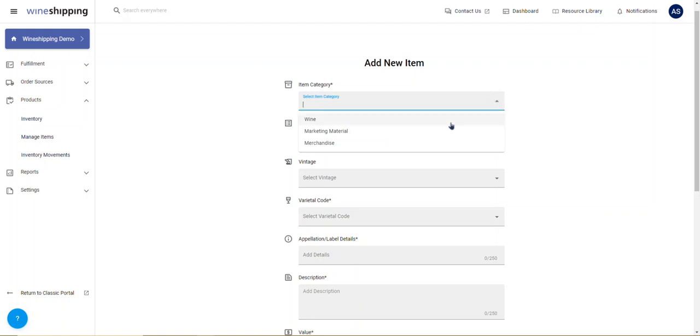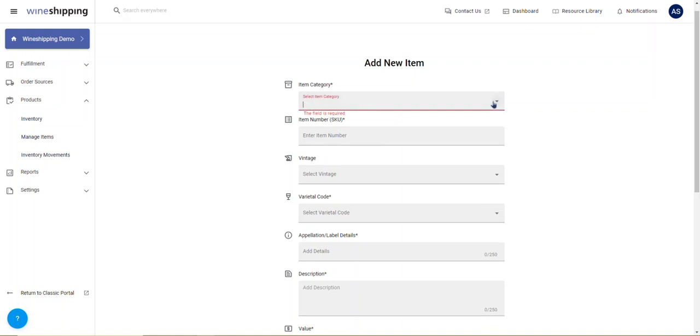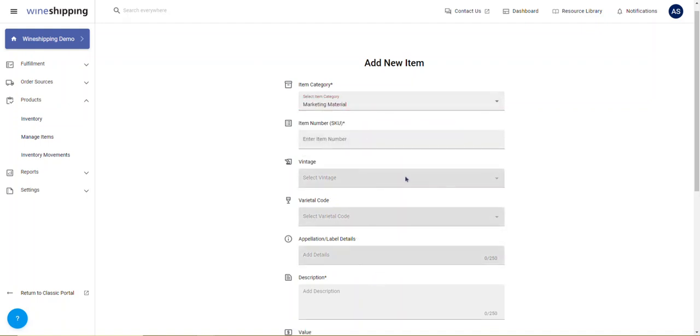Item category. Let's select wine. Depending on the category that you select, different fields will not be applicable, such as varietal code if you are creating marketing material. In this case, let's select wine. The item number, or the SKU, is what will be represented in your POS system and come over on the data. So let's